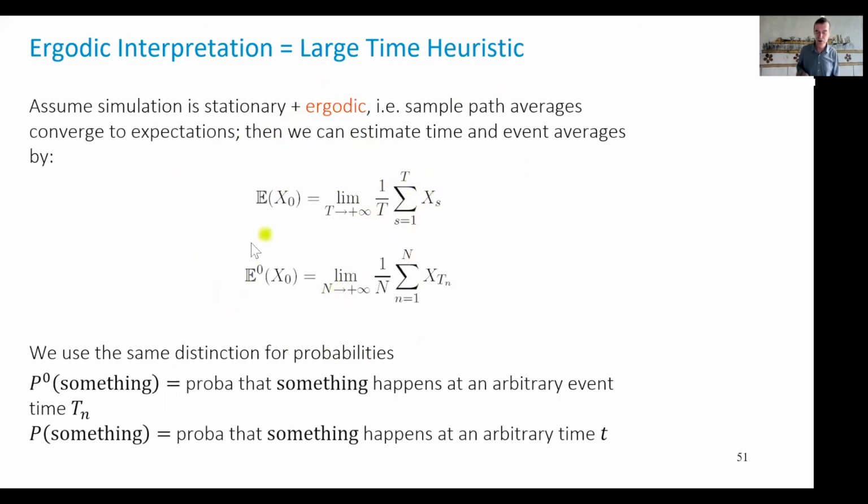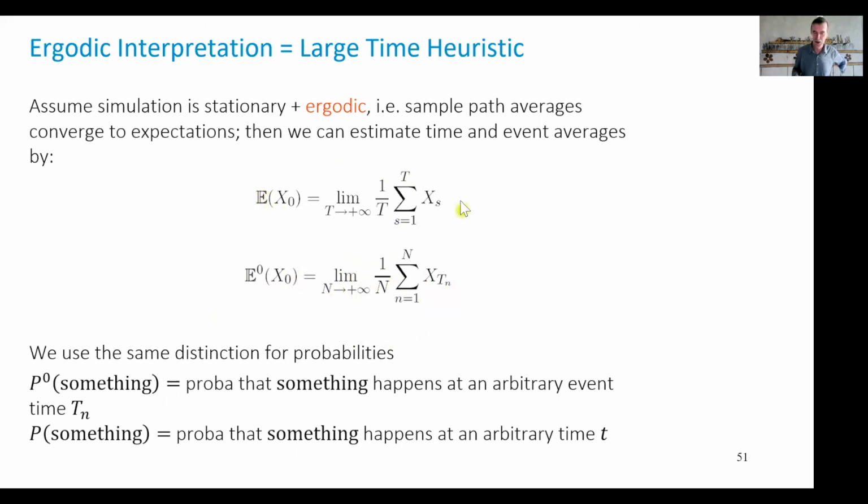And event averages, I do something similar. For event averages, I sample the system. I look at the system only at time tn, and then the expectation I obtain is the 1 over n, the average of what I have observed at those times tn. So this is perhaps something that's easier to understand, more difficult to work with, but that's the intuitive explanation, at least that I have, of Palm expectation versus standard expectation.